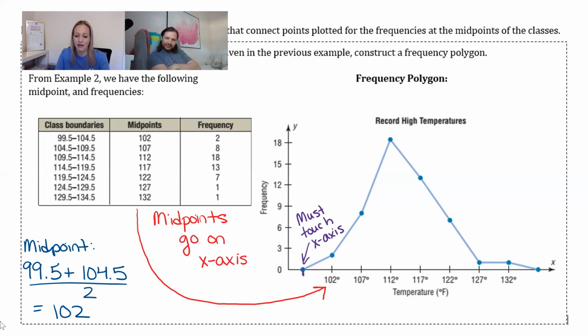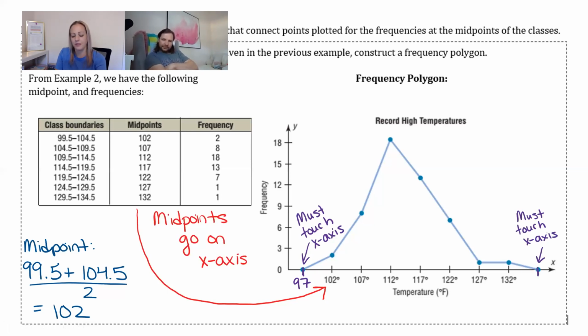Now, a frequency polygon does have the characteristic that you have to touch the x-axis on both sides of your graph. That means you're going to have to go back a step on each side. So if this value is 102 and this value is 107, logically, can you figure out which one that has to be? 98? Oh no, 97, because you have to go back 5, right? Yeah, you're going by 5, so you subtract 5 from 102, and that gives you 97. You will have to figure out what that value is, then draw your graph and connect it, touching 97 on the x-axis. And then same thing on the other side. So if it's going 127, 132, then that one is